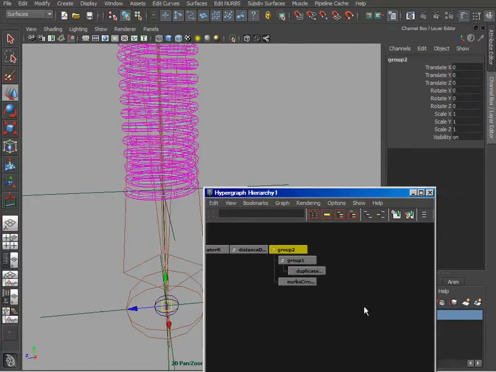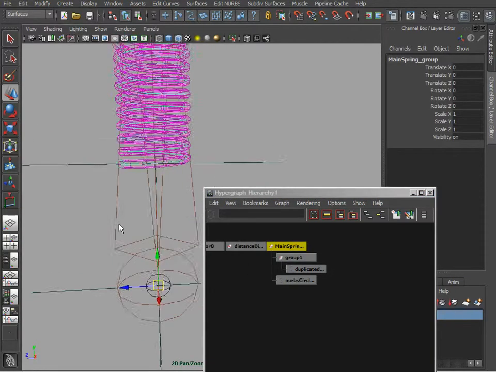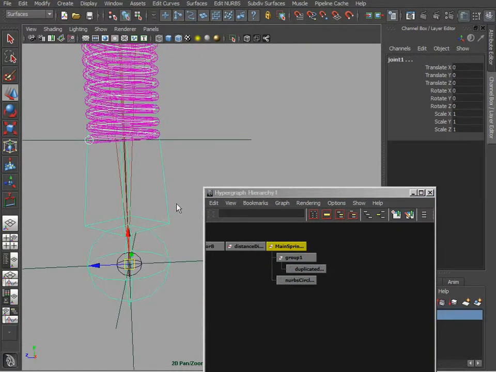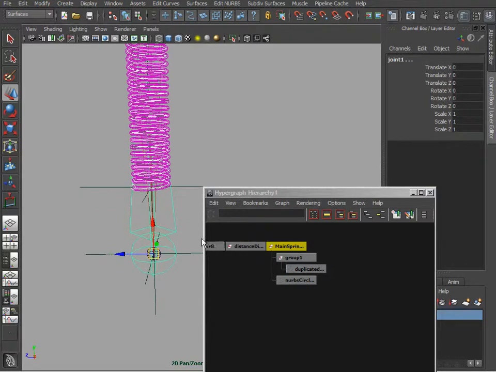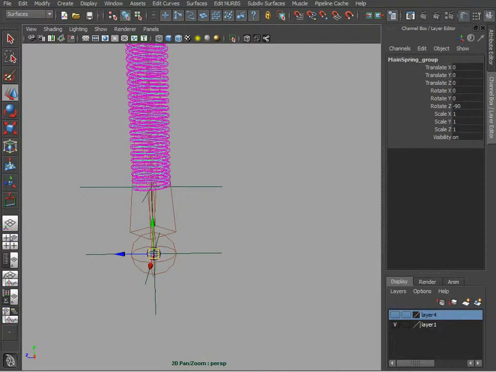So we're going to create a group. Let's call it main spring group, and we're going to take this group and simply parent it to the joint here, to this bottom joint. Hit P to parent,